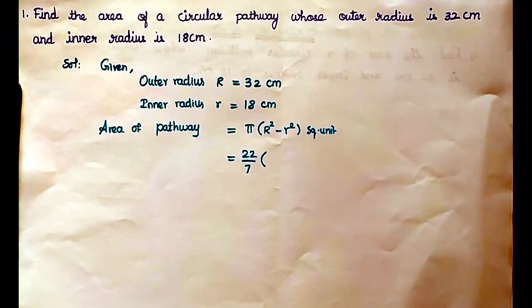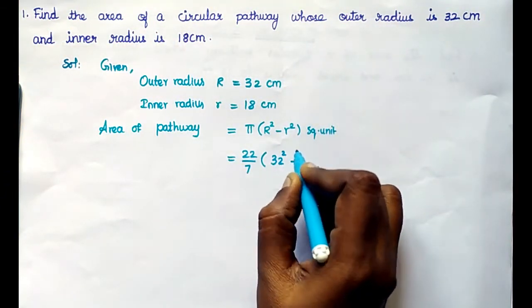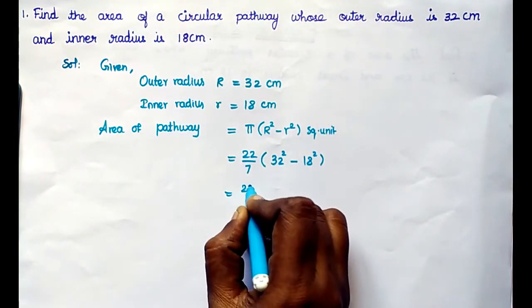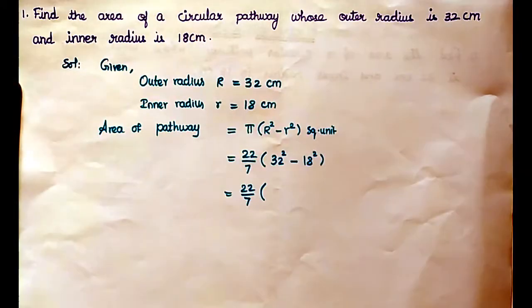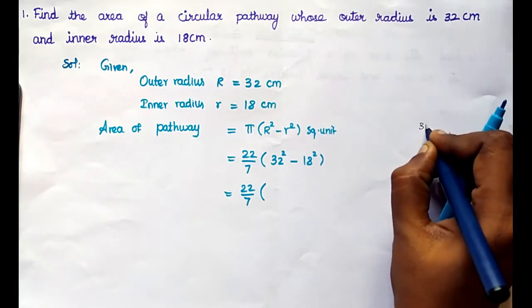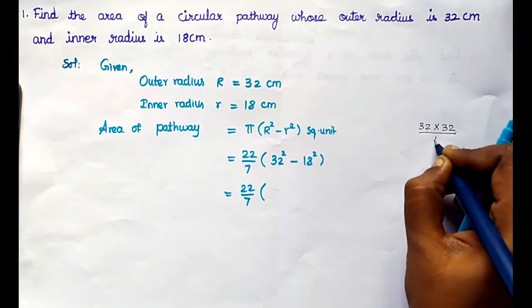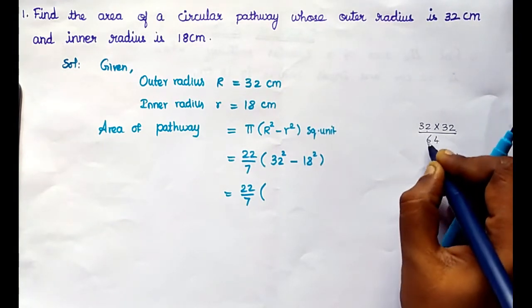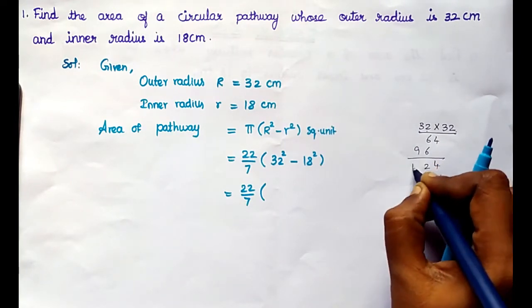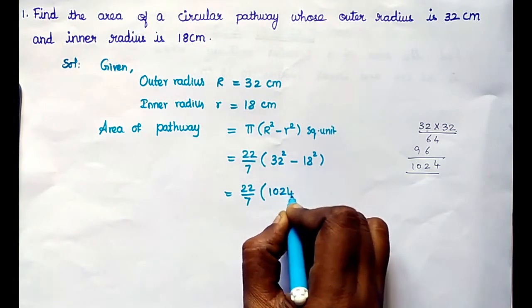And then capital R square, 32 square, minus 18 square. 22/7 into 32 square, that means 32 into 32, which is 1024, minus